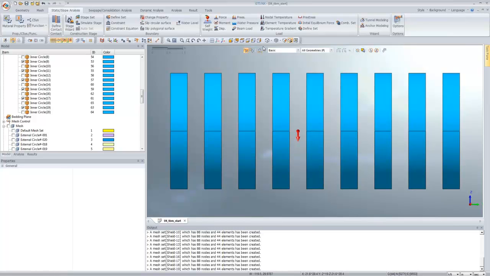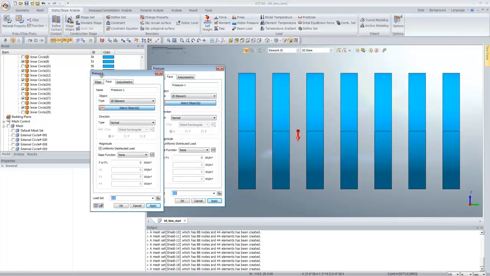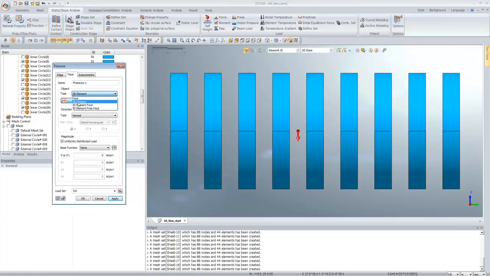Now whenever you want to consider, let's say, hydraulic pressure, you know that hydraulic pressure is given to this face so as to resist the pressure from the forward direction. So just go to pressure. In the pressure, in the object type, make it face, because we are dealing with the solid elements right now. Select the object. So you can just select the face, and change the type, let's say, to reference axis, with the reference axis being Y for this direction, and let the load be, let's say, 200 kilonewton per meter square. You can just preview it, and you can give it a name, let's say HP1 for hydraulic pressure, and